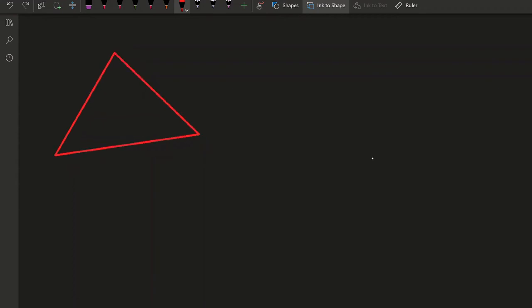So, just for the sake of argument and also because my battery's dying, I'm going to say that this is an equilateral triangle and each of these sides is 2. So, if I have an equilateral triangle, it's also equiangular, which means that each of these angles is 60 degrees. So, if I cut this triangle in half straight down the middle, I get this triangle right here, where this